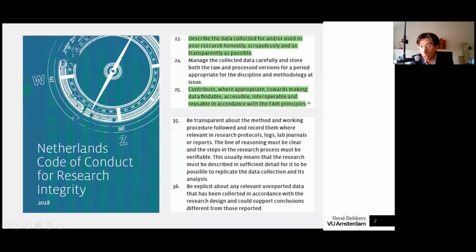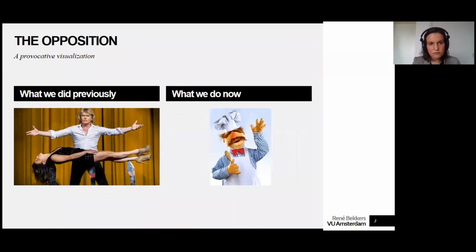That's a prescription. I think if we provocatively visualize what we did previously, we published things where we said, okay, this is what I found. And like some kind of magic, the results appear out of nowhere because most publications don't share the data that they used to report something.